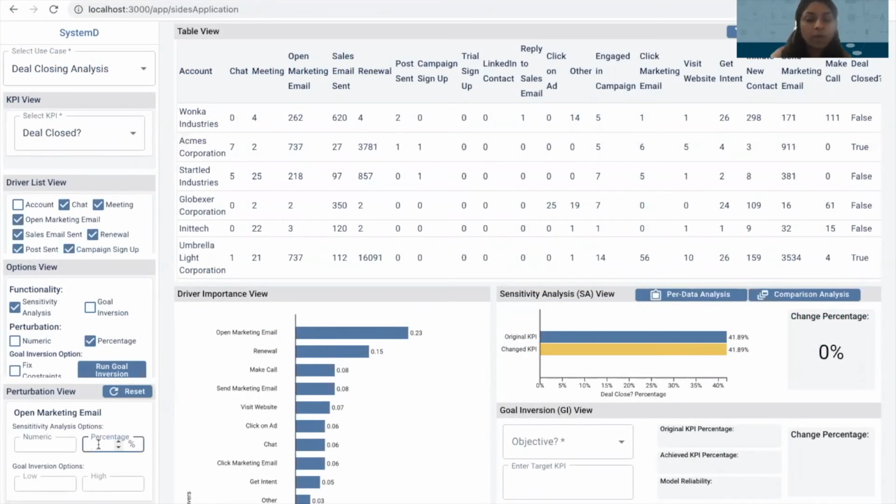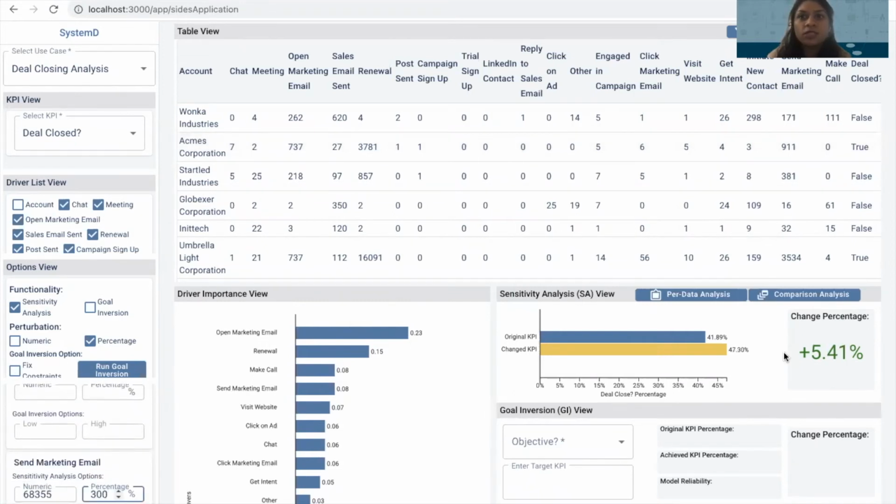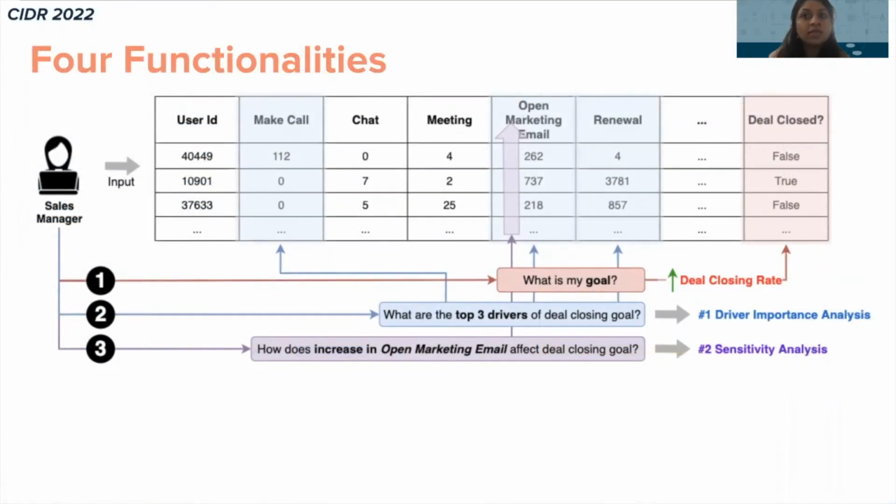If the percentage of marketing emails opened is increased by 100%, the company's deal closing rate raises by 4.05%. Or if the marketing emails sent is increased by 300%, the deal closing rate further raises by about 1.3%. Therefore, the company will benefit from encouraging activities that lead prospects to opening marketing emails instead of investing in sending more marketing emails. Just understanding the behavior of prospect activity isn't sufficient to guide the sales manager to take decisions